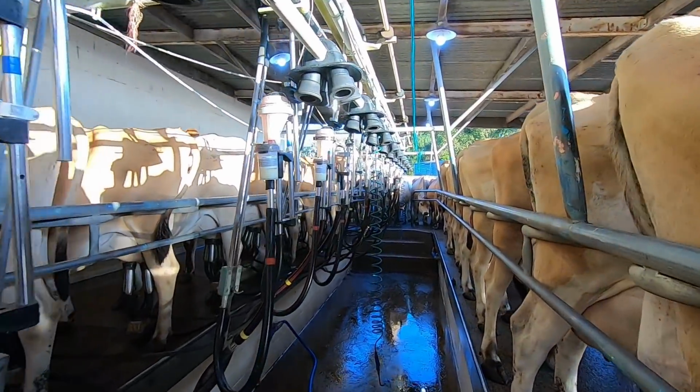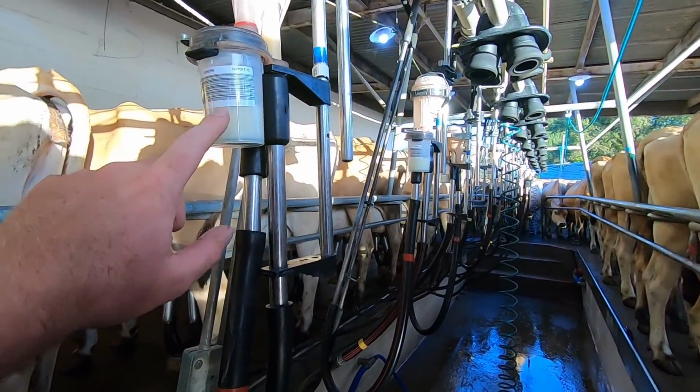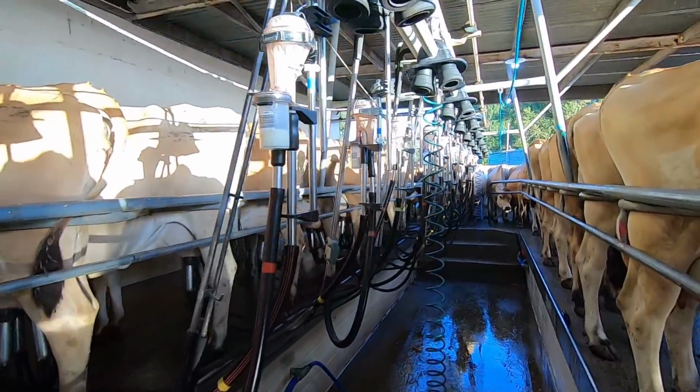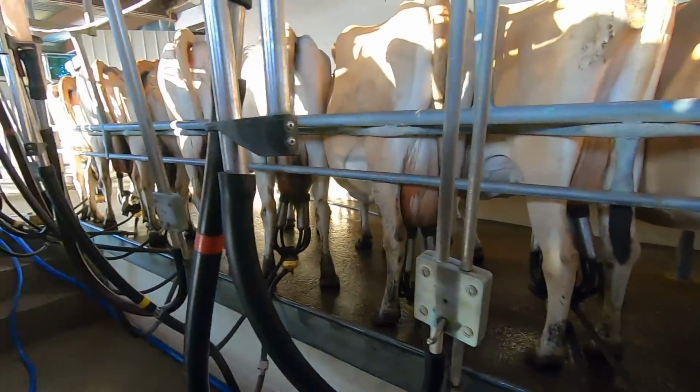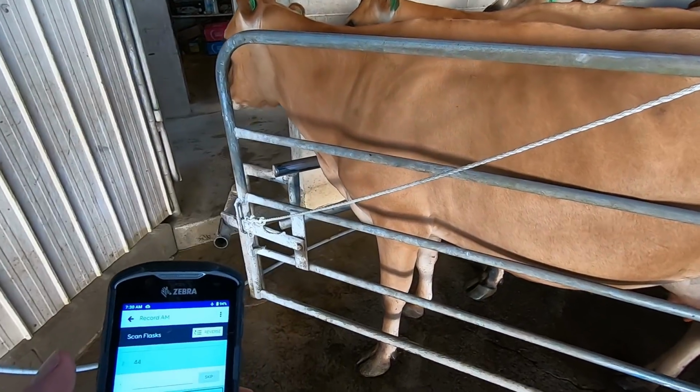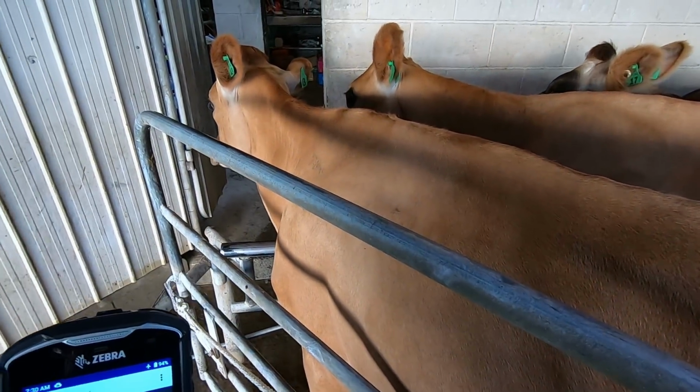I also went through before and lifted these down about sitting here, but it just makes it a little easier to move around and change the cups with them sitting higher like that, we find. One of the best things about this rig though, I reckon, is that we put that cow there,